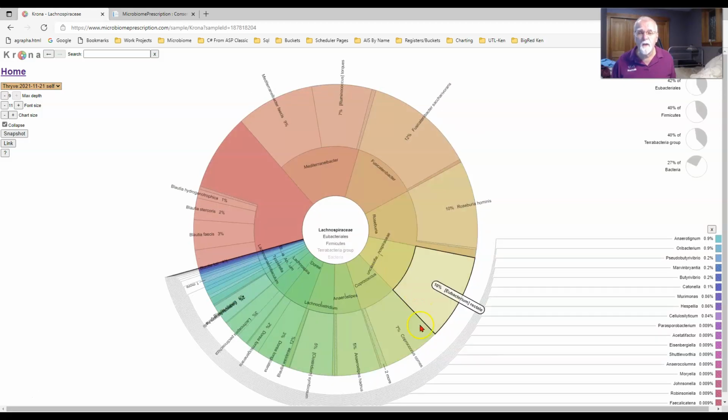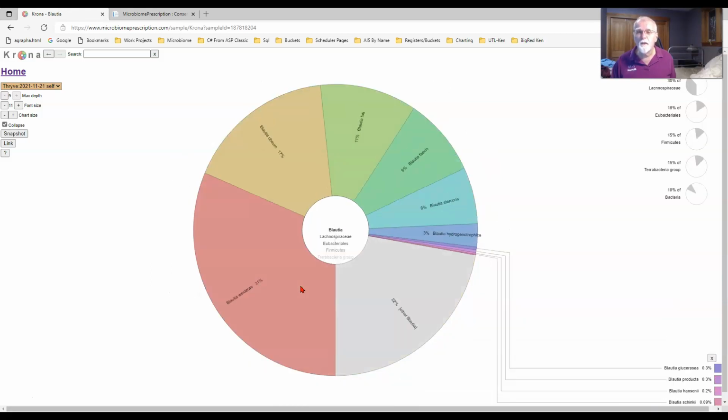So as you go down, you can see for each layer what is in it. As you can see, oh boy, look at all these things over there. We really have a lot of stuff there. So let's go and just take a look at this one. So we have the Blottia, different types of Blottia there, and then we have the other Blottia. In this case, the other Blottia are ones which have not been classified.